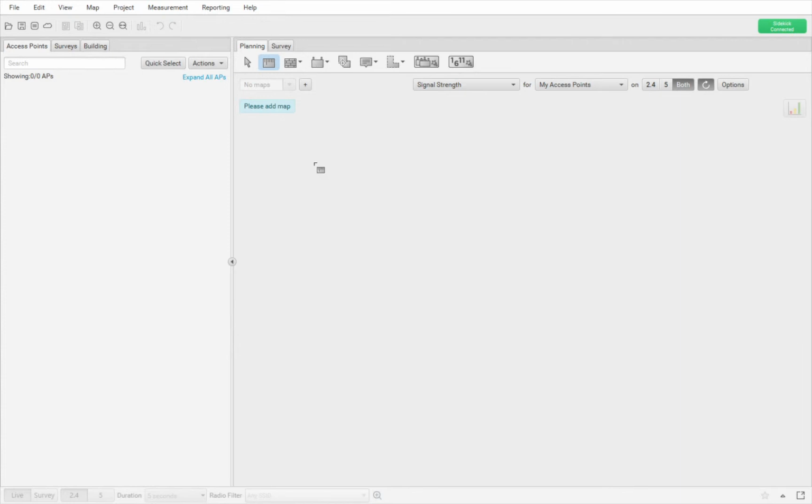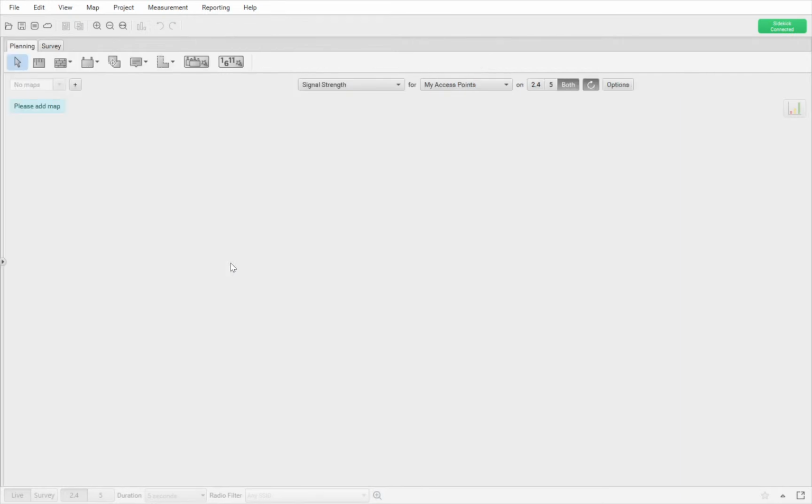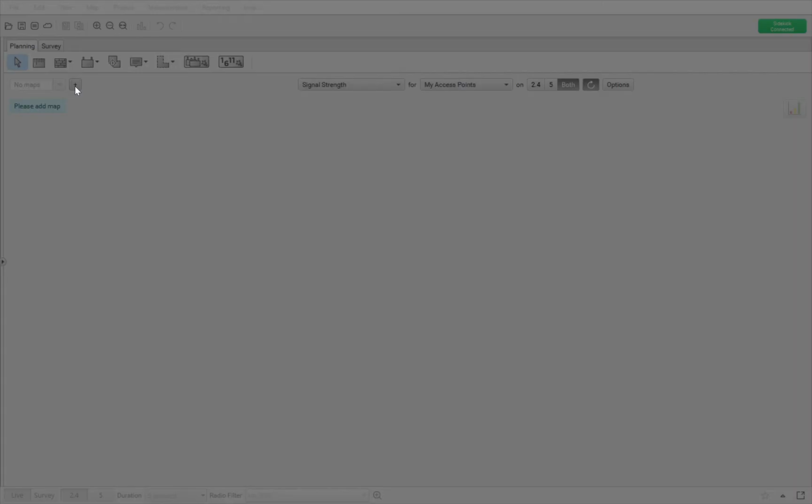So first things first, we're going to go ahead and add our map in here. This is the main page of Ekahau that you'll see when you open the program. So we're going to go ahead and add our map. Like I said in the document, you'll get your map